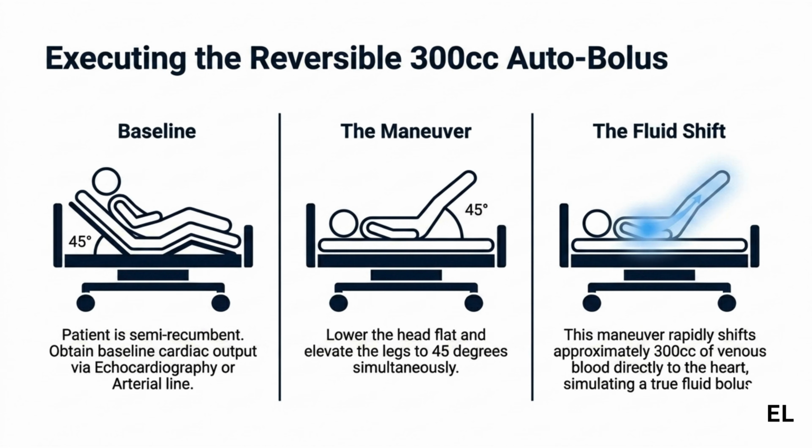The passive leg raise maneuver is performed in a systematic manner. Initially, the patient is placed in a semi-recumbent position, typically at 45 degrees, and baseline cardiac output is measured using echocardiography or an arterial line. Next, the head of the bed is lowered while the legs are simultaneously elevated to approximately 45 degrees. This position change causes a rapid transfer of venous blood from the lower limbs and splanchnic circulation toward the central circulation. The resulting fluid shift is equivalent to an endogenous fluid bolus of approximately 300 milliliters. Because the challenge is generated using the patient's own blood volume, it provides a reversible and physiologically safe method for